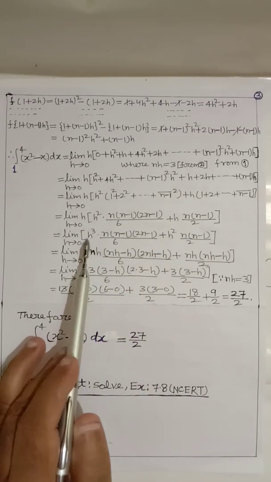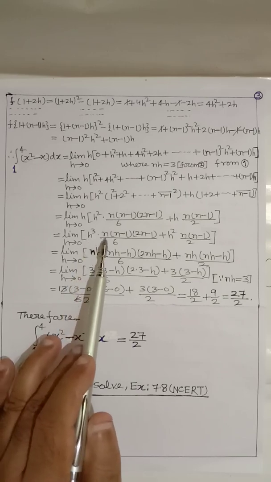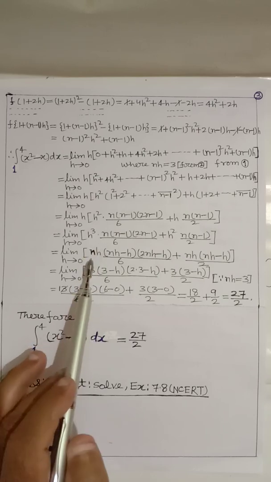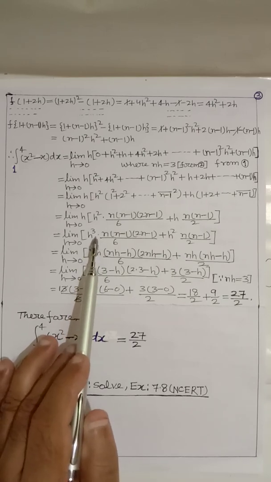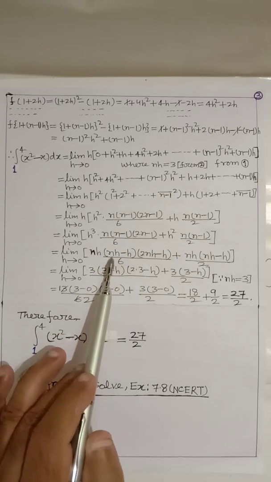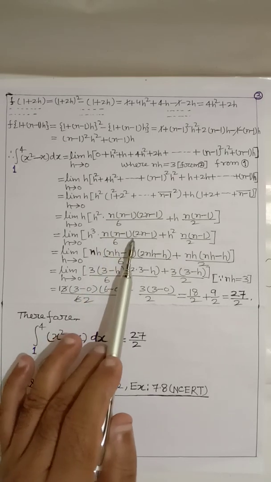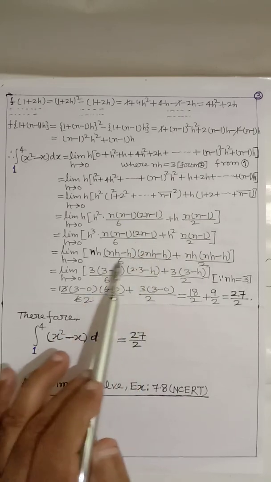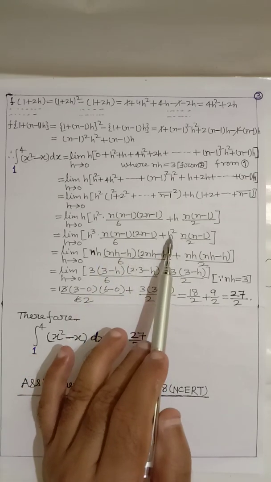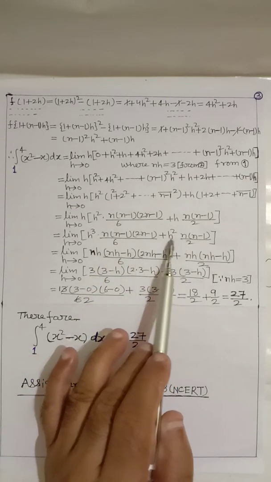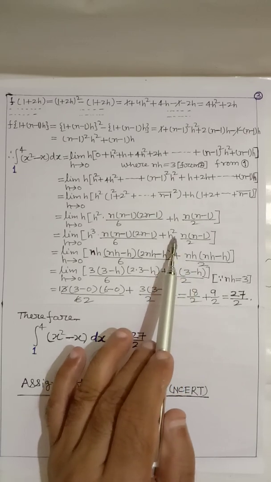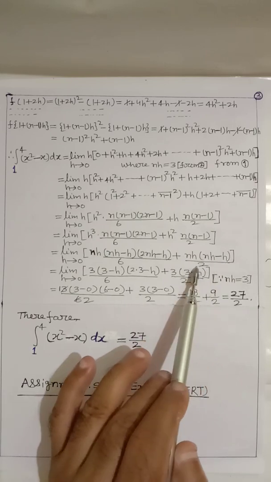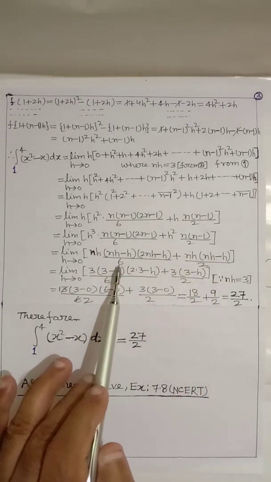So we multiply by h cube. Here 1 h with n, we get nh, and the second h with n minus 1, we get nh minus h, and the third h with 2n minus 1, we get 2nh minus h. And here h square, so 1 h with n we get nh, and the second with n minus 1 we get nh minus h. This is by 2, and this is by 6.